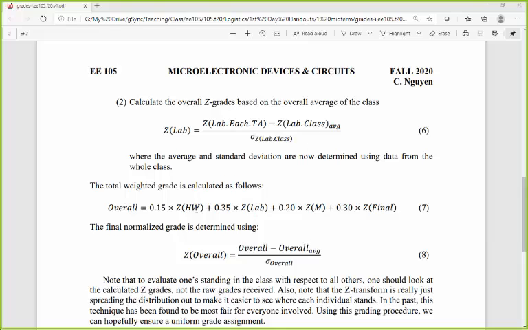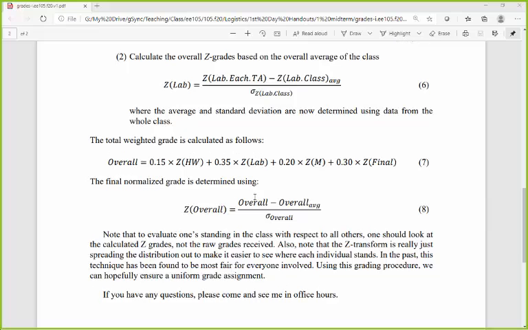And then finally, when all that's computed, we take this total weighted grade here, and then I take a Z of all of these things here, and that gives a final Z score. And that Z score, again, is going to be some number usually between -2 and +2 or something like that. And again, people like to ask questions like, well, what does this number mean? And so I think the best way I could say that is that